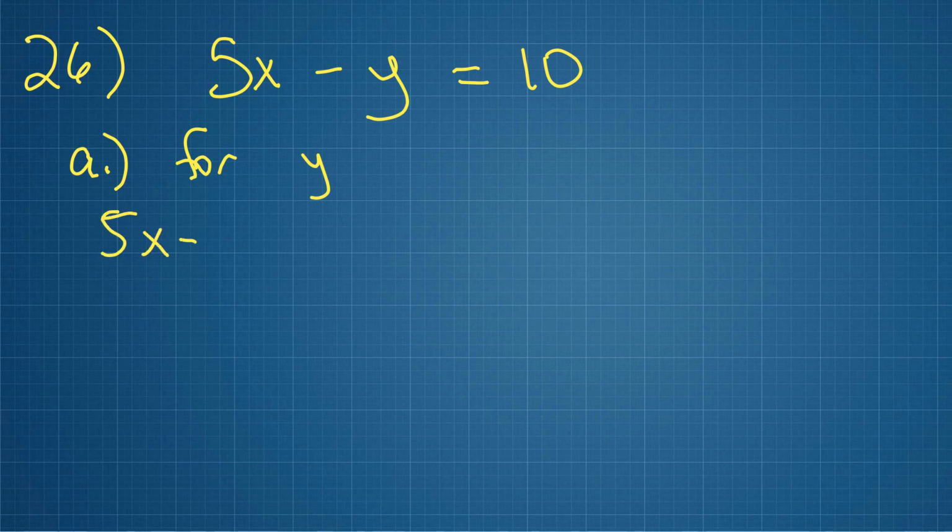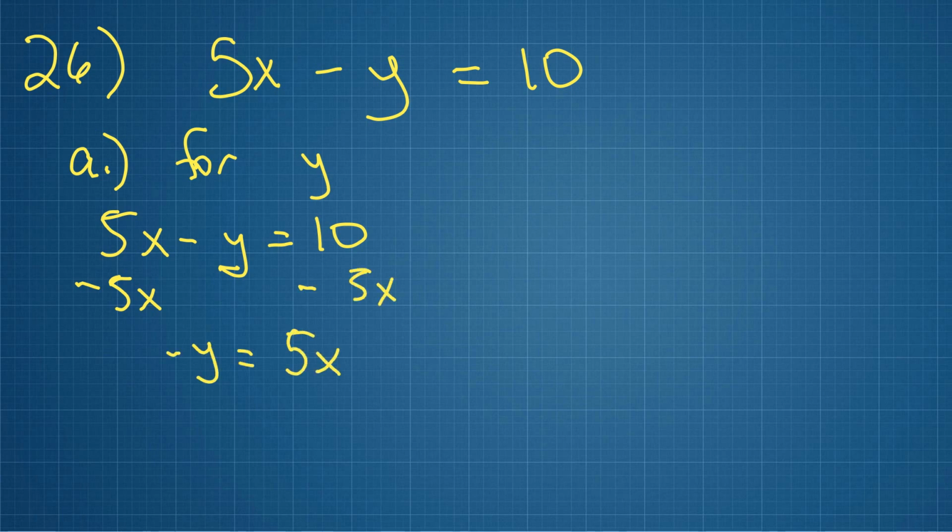So I have 5x minus y equals 10. I don't care about the x, so I get rid of it. That's why I subtract 5x from both sides. They are not like terms, so I get minus y equals, I'm sorry, 10